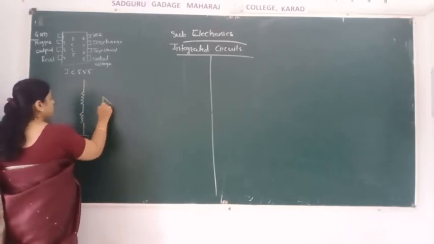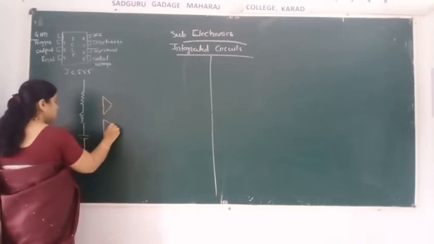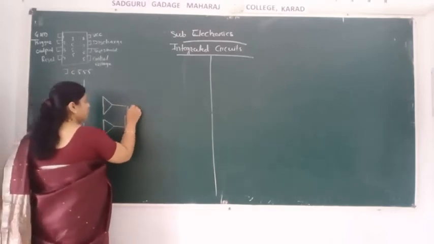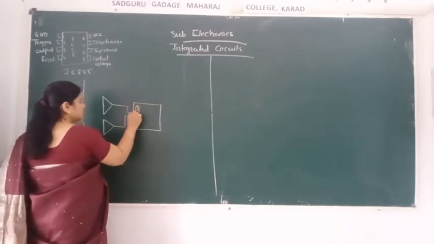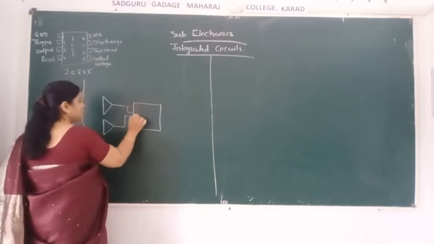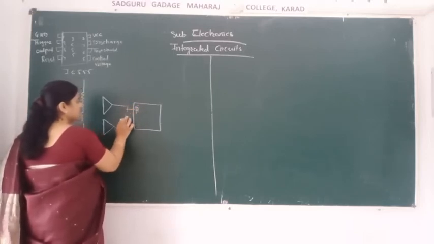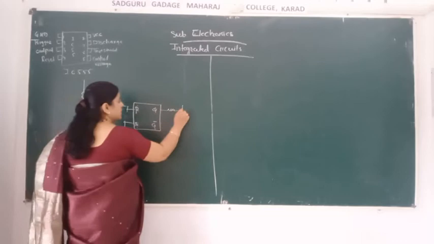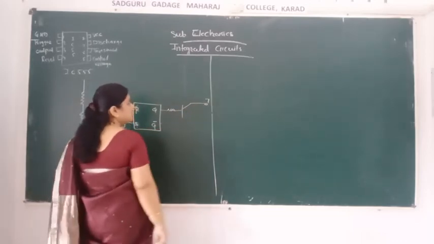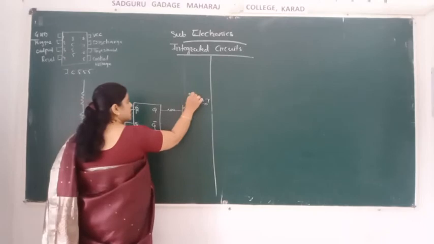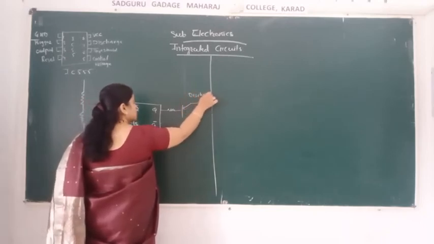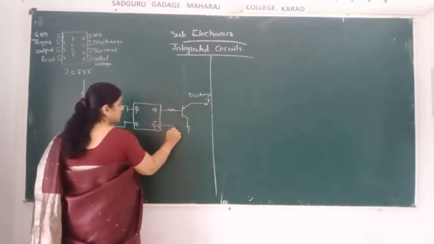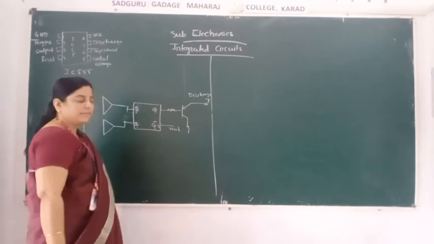Two operational amplifiers are used as comparators. One flip-flop circuit is used there, an RS flip-flop, with outputs Q and Q bar. One resistor is used there. One transistor is used at pin number 7 for discharging the capacitor. It is grounded. Pin number 3 is used for the output terminal, that is Vout.